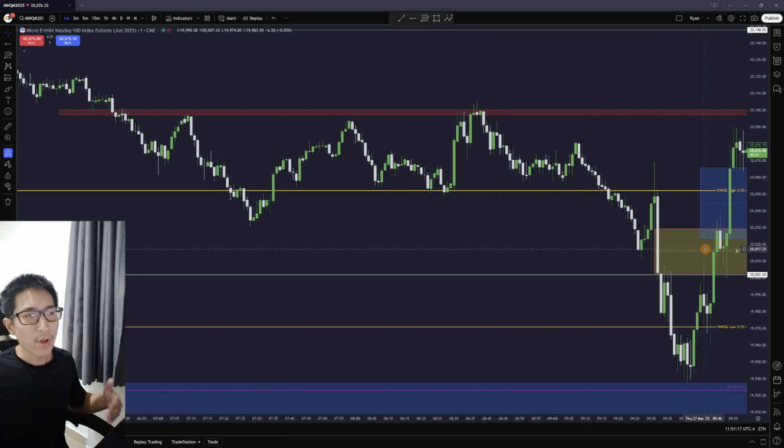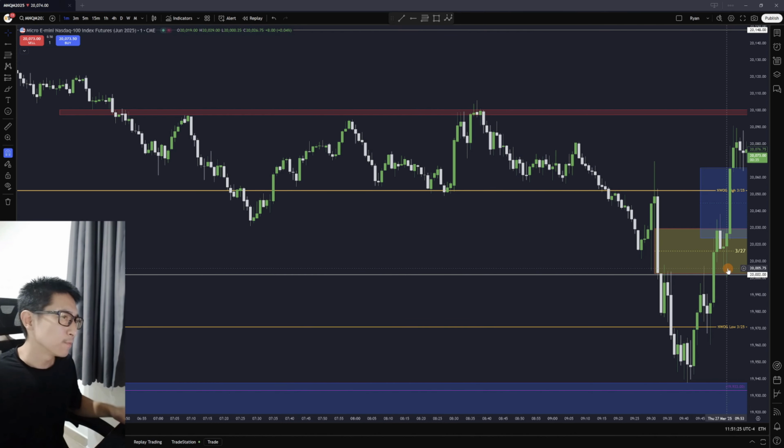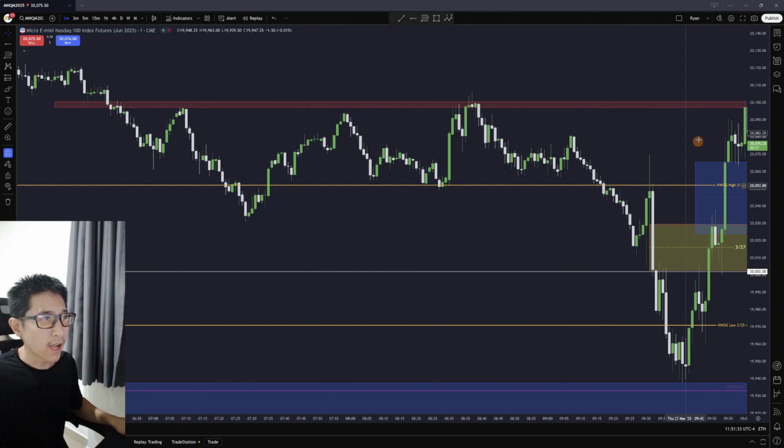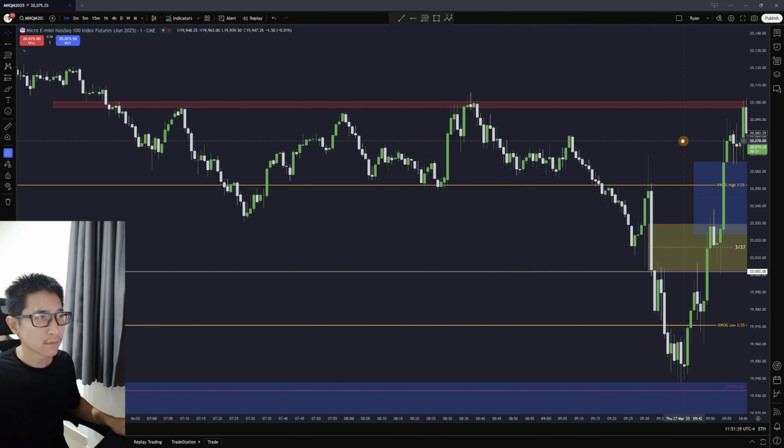I didn't like how that was kind of close to the middle of this first presented fair value gap, but we had already pretty much balanced it out already. We went up and down, so I thought maybe that would be okay. So I had my stop loss right here. My entry was in the middle. Now if this would have taken this high before we came back down here, I would not have entered long at all.